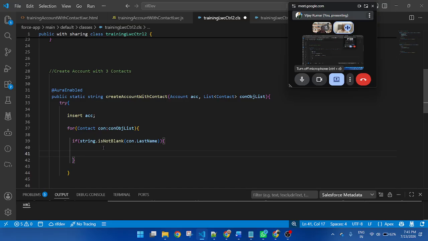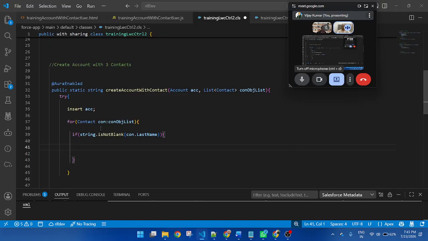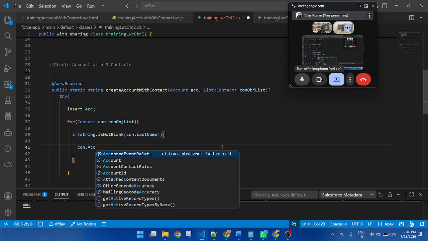once the contact record is inserted, I will link it to the newly created account. That means all of the newly created list of the contact will automatically associate to the account. So account ID is the lookup field. So use con.AccountId.